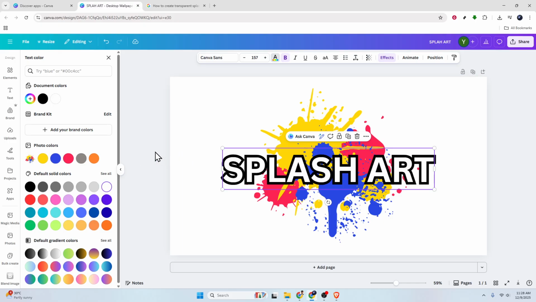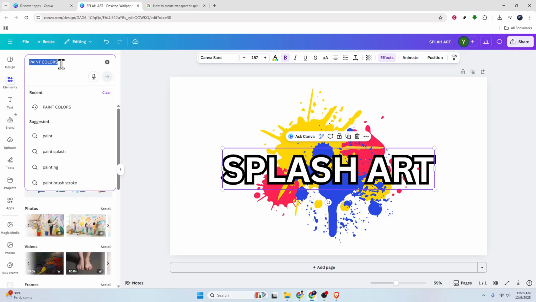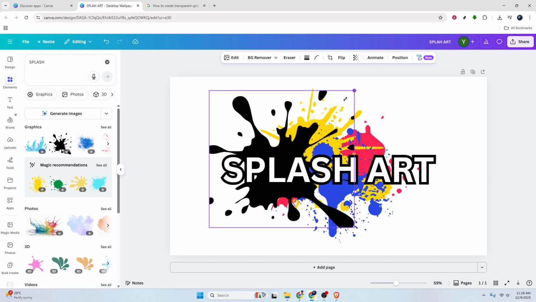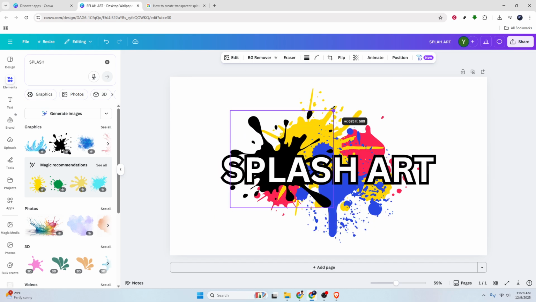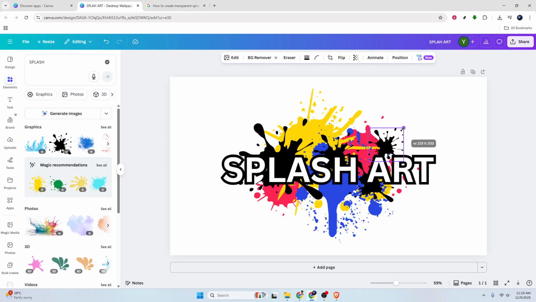Next, search the Elements tab for splash, splatter, or paint graphics. Place them over and around your text, mixing sizes and rotations for a messy, natural look. Put some splashes behind the text and some on top to create depth, aiming for a painted-on feeling rather than simple decoration. Once your composition looks complete, download the design as a PNG, preferably with a transparent background, and re-upload